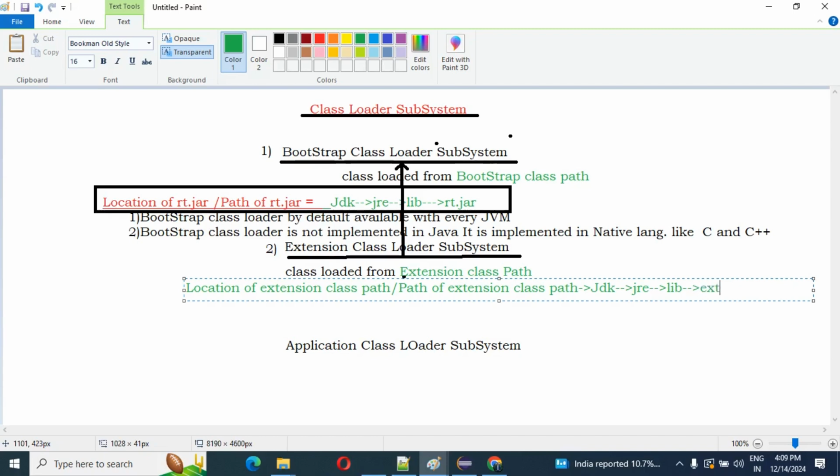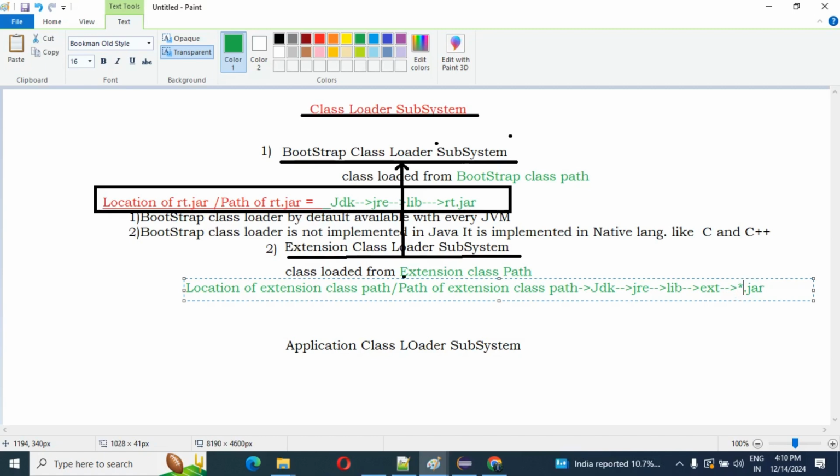Then inside the ext folder we will have .jar files. That is the path for loading any class from the extension class loader.